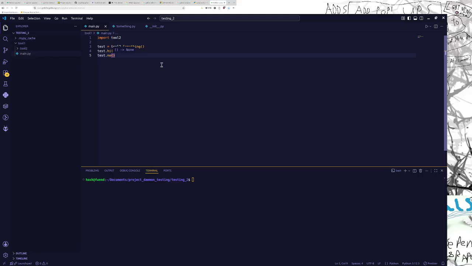And I just think this is so magical to be able to create your own independent modules and then import them like other libraries. So now if we were to run this,